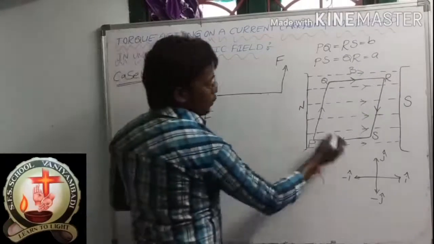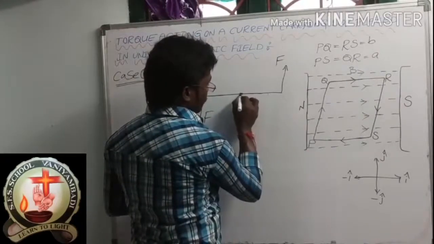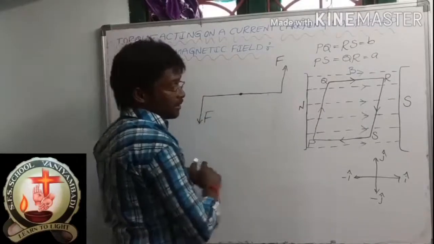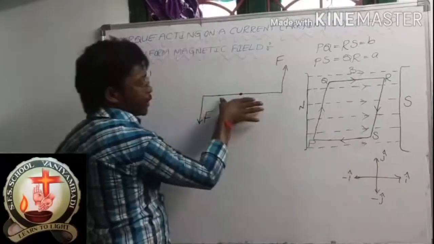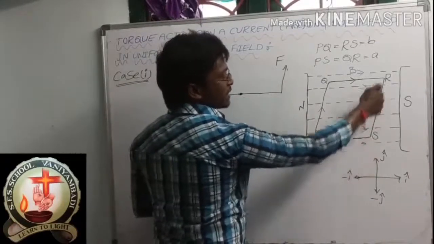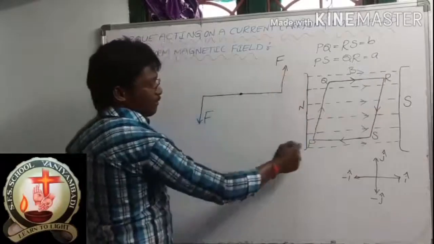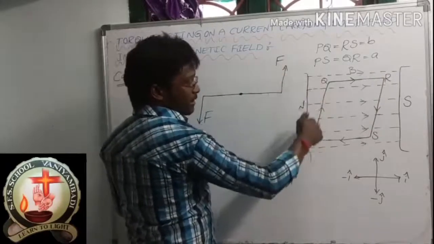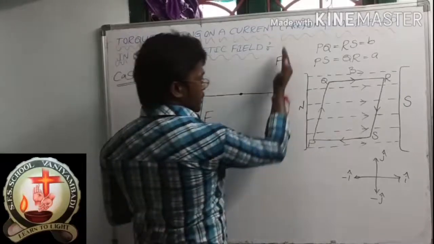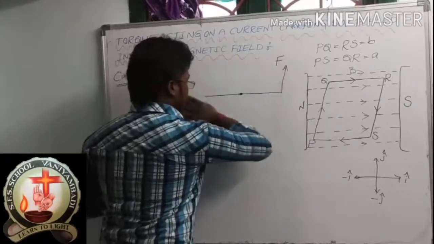And this is the midpoint. Okay, this is the midpoint. This is PQ. Force is acting at this end. At this end, what is it? Upward. Force is acting on this part. This part means at this point, what is the direction? Downward. So here this is the downward direction, and this is the upward direction.